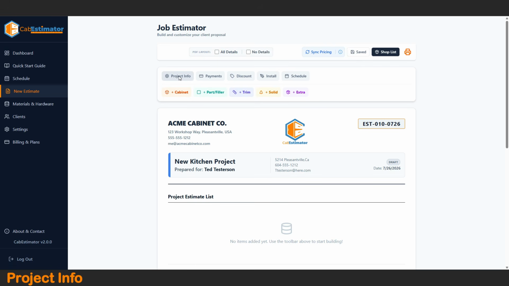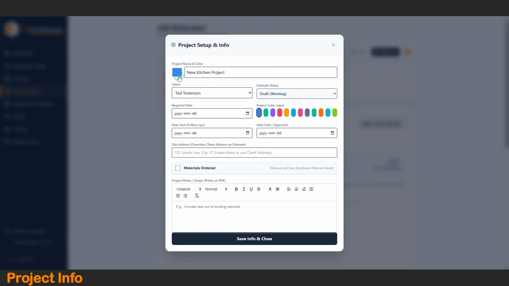Today we're going to go over the project info. We started by clicking New Estimate. This is where we set the project name, the client,